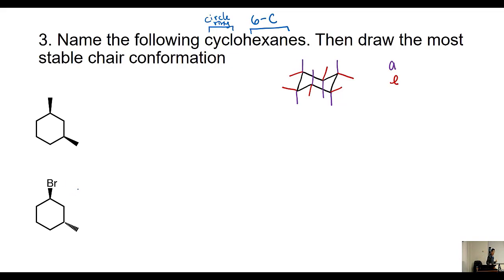Bromine would be 1, 3. Okay? So this is what we call 1, 3. So the substituents are 1 and 3 from each other. Okay? So we want to consider, for naming,